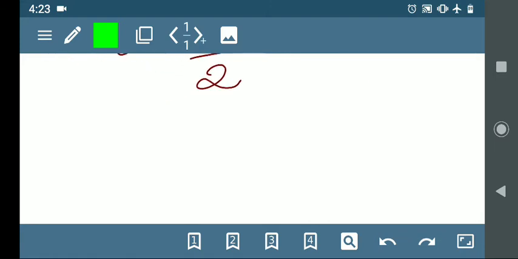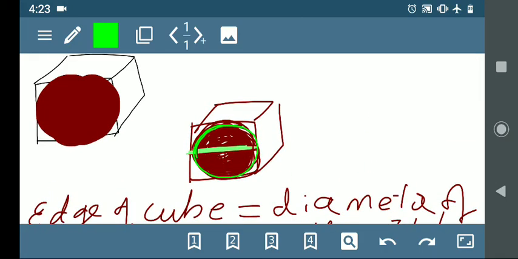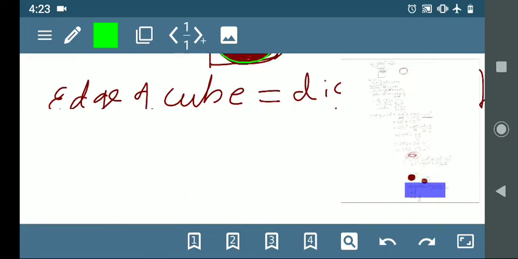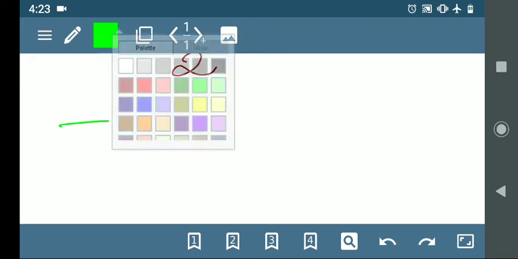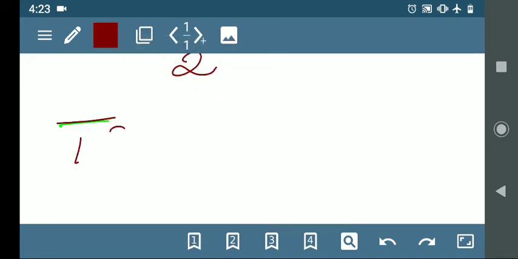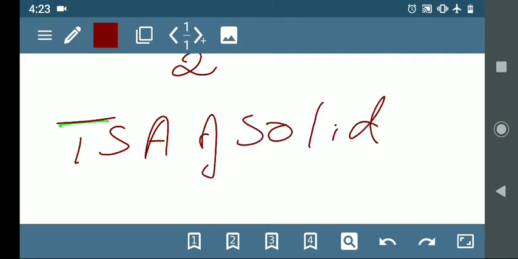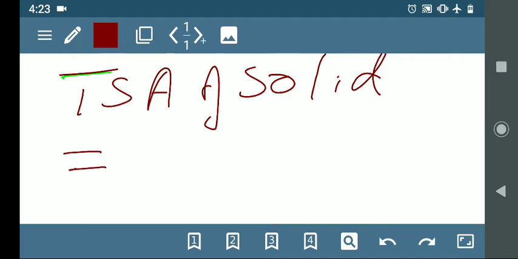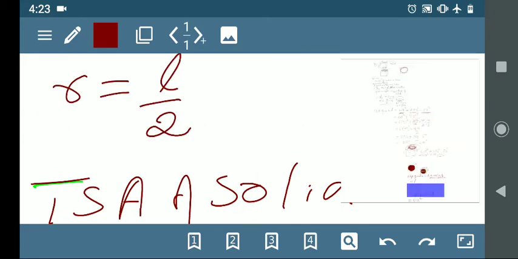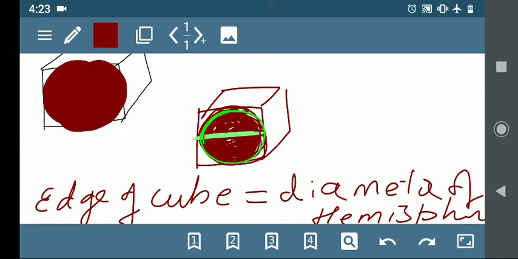So the total surface area of the solid is equal to, first, 5 sides are safe, or you can take all these 6 together, 6a square, but one of the sixth is removed in the shape of a circle, right? So minus pi r square,